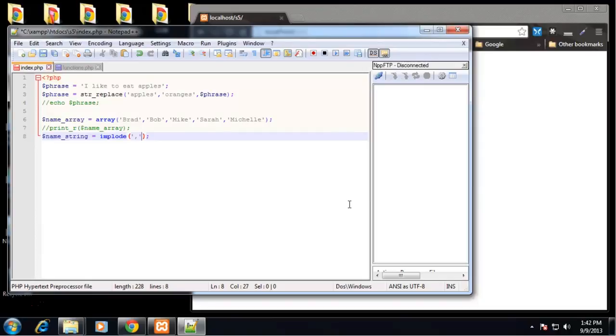All right, so the next parameter, I'm putting this comma here so that we can put in the next parameter, which is the array. In this case, it's name array. So now if we come down and echo out name string,